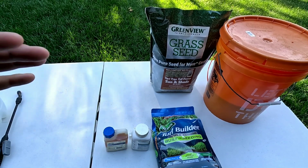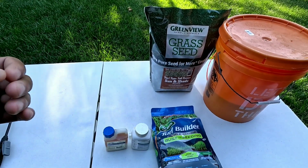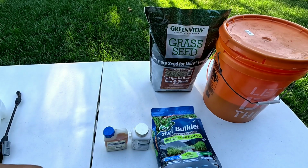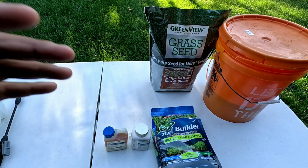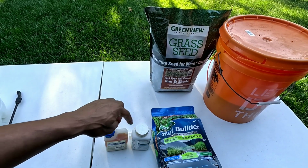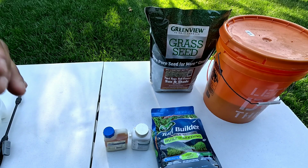The only thing it doesn't really handle in a post-emergent state is Poa trivialis, or Poana. It does harm it a little bit. I remember when I sprayed actively growing Poana, it sucked the color out of it and started to kill it off a little bit, but it's not listed as one of the weeds that it actually handles. But this stuff does handle a lot of different weeds in a post-emergent state, and like I said, in